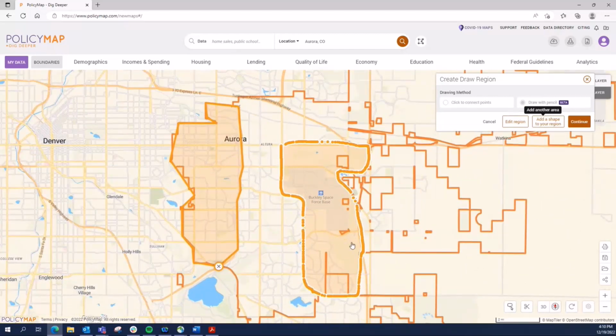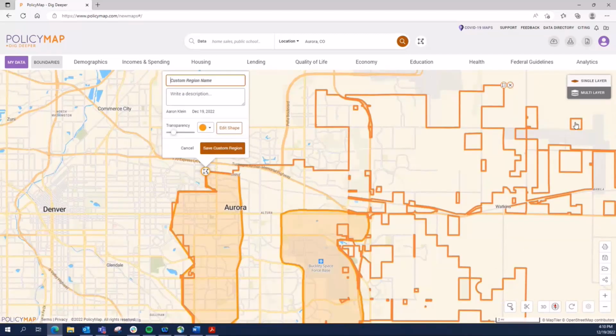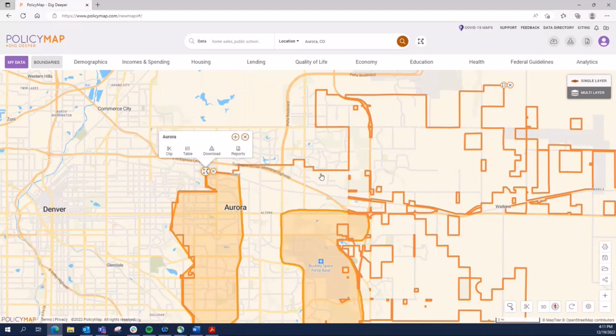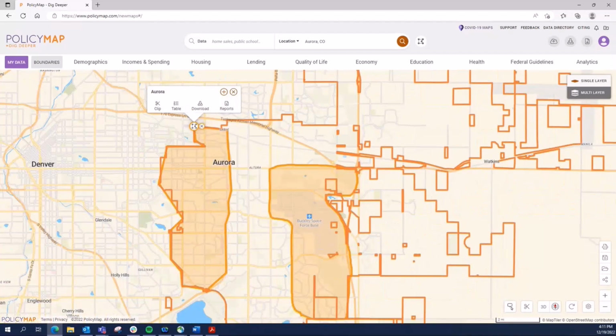So in this example, both of these shapes together make up a single custom region. You can then hit continue and give it a name, a description. You can change the transparency as well as the color, and then save it. One thing to note about the drawn custom regions is that they're unique and that they don't care about any